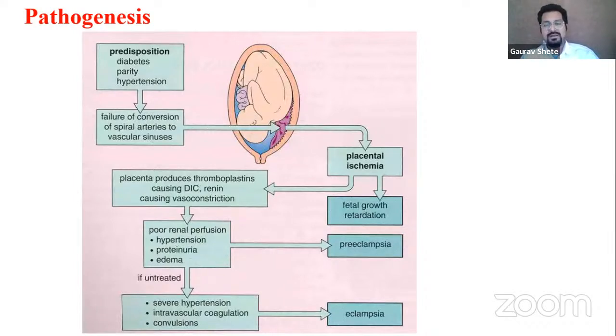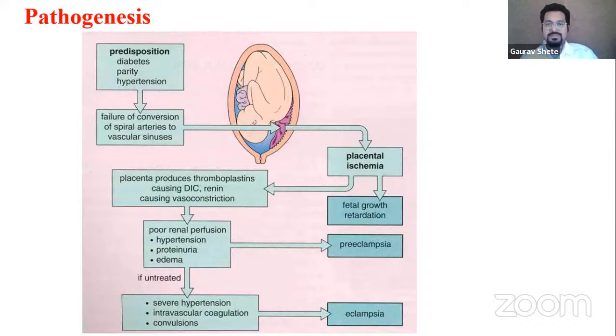They invade at around 8 to 10 weeks. They go up to the decidua of the spiral arterioles, and they destroy the muscularis layer. After that, the second wave of trophoblastic invasion usually takes place from 16 to 18 weeks. At that time,